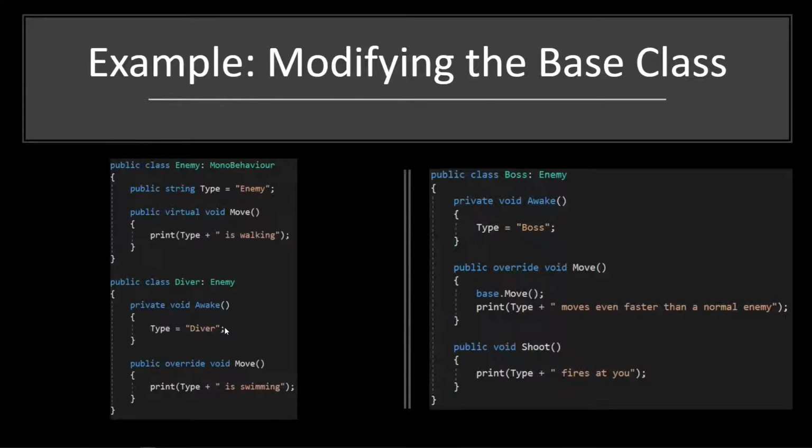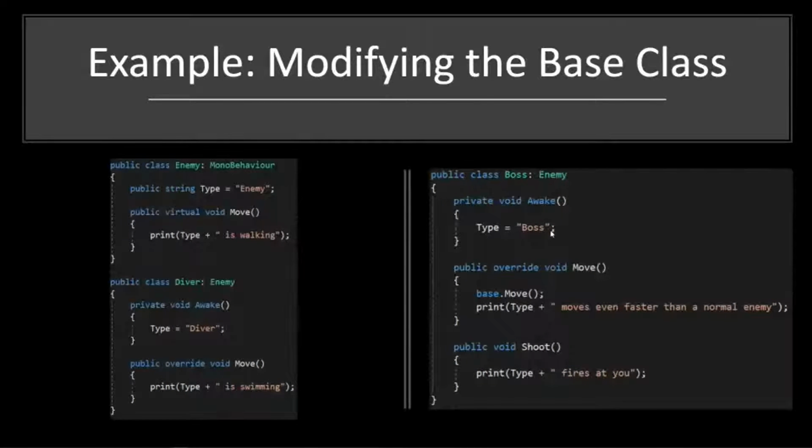We're just assigning. We're doing an assignment to a base property here. We're saying type equals diver. And then it is also providing its own move function, right? So here it is actually overriding the virtual move function with its own swimming